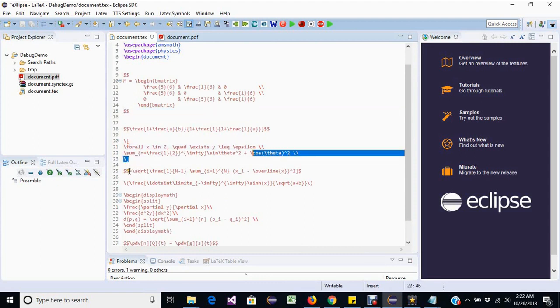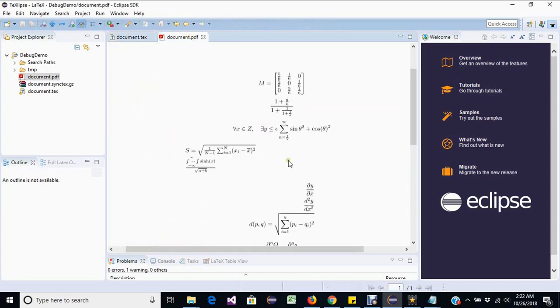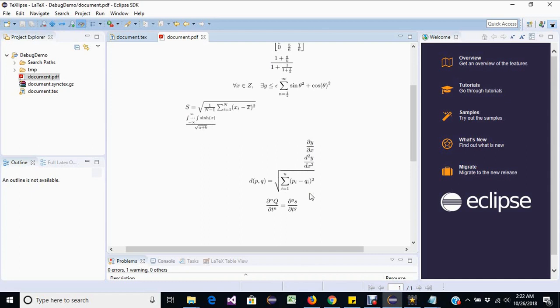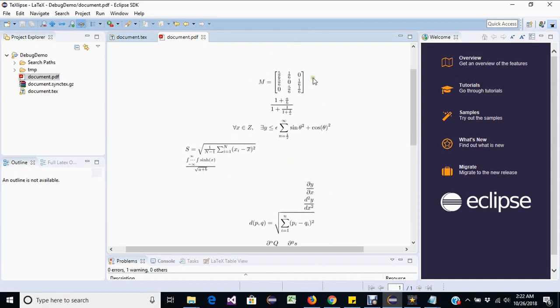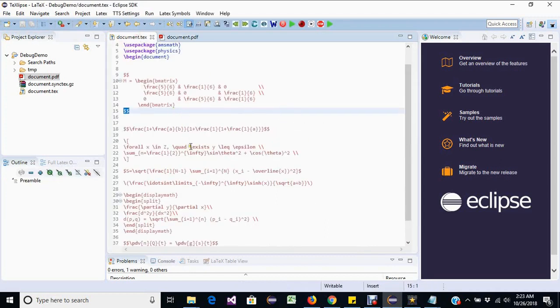As you can see, we have used backslash square bracket, backslash open parenthesis, single dollar, double dollar, begin equation, and a few more. If you can see the PDF, at the top we have a 3 by 3 matrix that has a bunch of fractions as its elements, and then we have a nested fraction equation. Below this we have an equation that contains a bunch of set and logic related notation. And then we have around 6 hybrid equations that contain different combinations of square roots, derivatives, partial derivatives, integrals, and